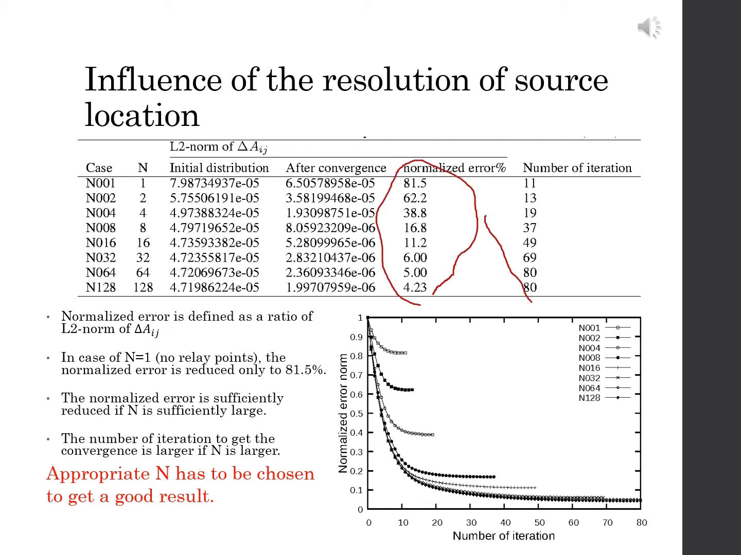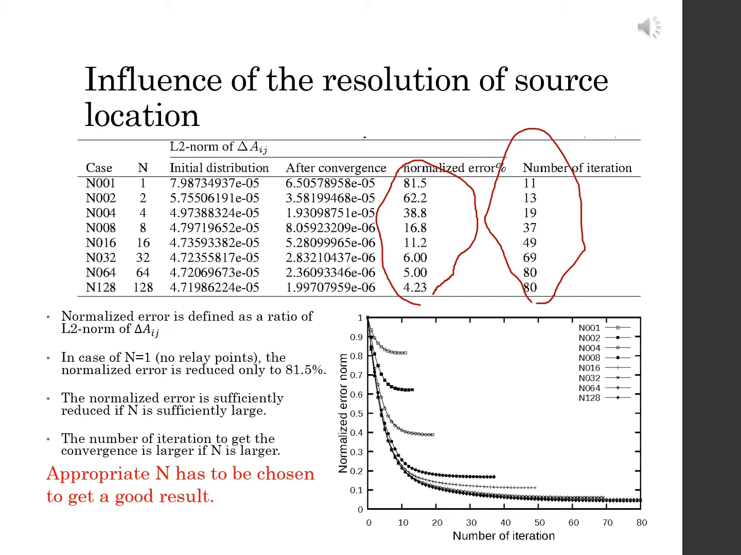As we see in this slide, if n equals 1, it means that the resolution of the source location is 1 meter. In this case, the normalized error at the convergence is more than 80%. It means that only 20% of the initial error between the observed arrival time and the calculated arrival time is reduced. But if we raise the resolution of the source localization to 1/128 meters, the normalized error at the convergence is